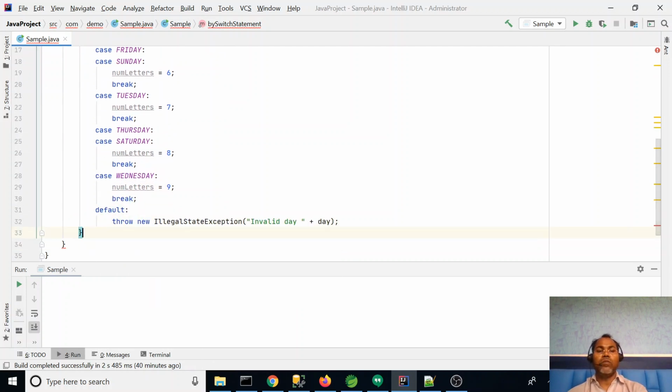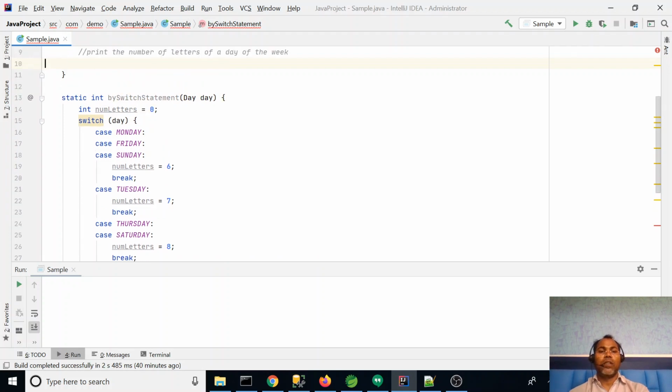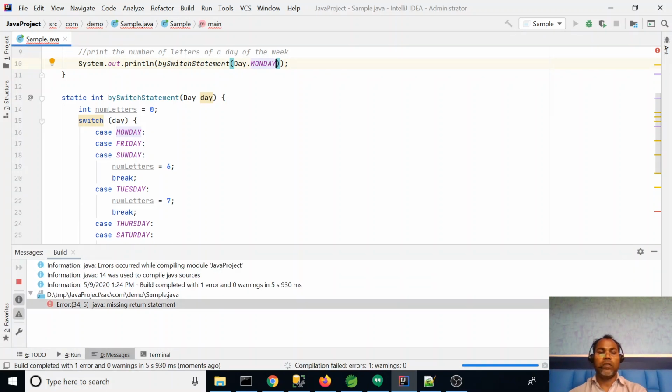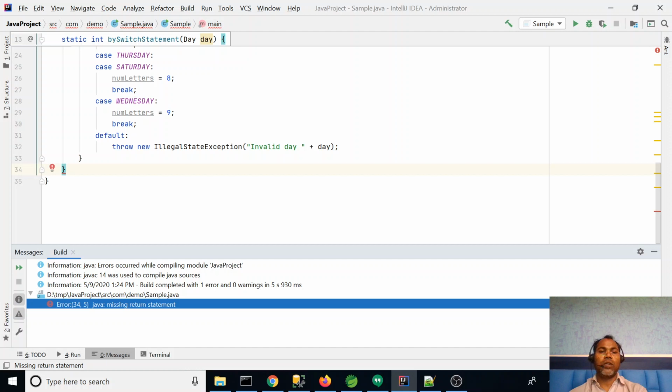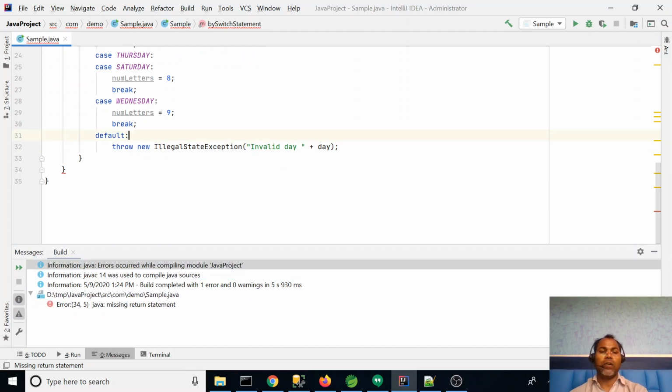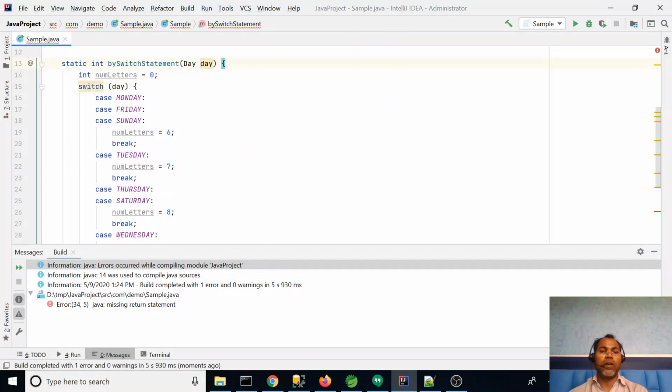Okay, now this method is complete. Let's see if it's working or not. We have to write a System.out.println statement for the day. Let's check Monday. Okay, here we missed returning this value.